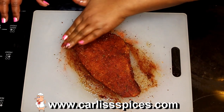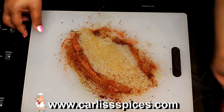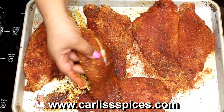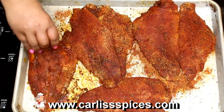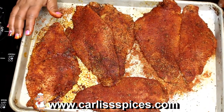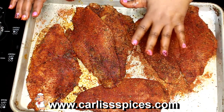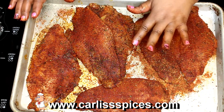Okay. So that's all you want to do. So I'm gonna move this real quick. Okay, so I've already put some of my chicken rub on here, and this is how it looks. You can let it sit for maybe about 5 to 10 minutes so the marinade or the seasoning can really get into that. And guys, what you could do is go ahead and season up your catfish or your fish fillets, whatever kind of fish you want, using my chicken rub at